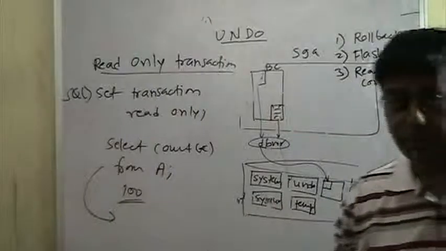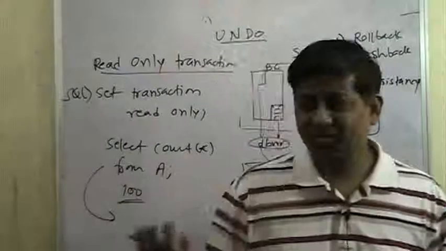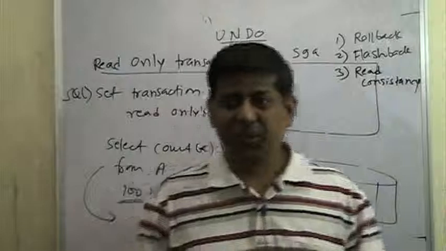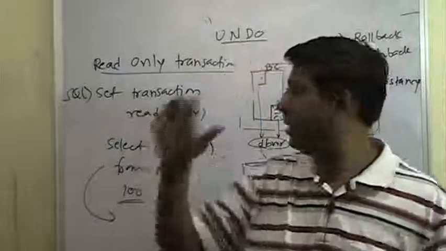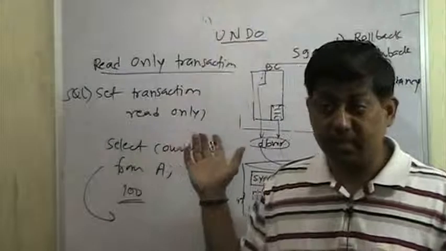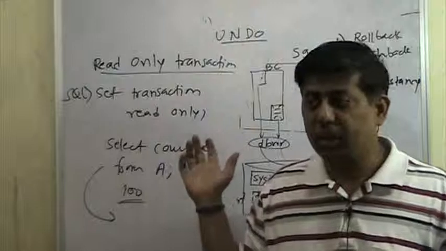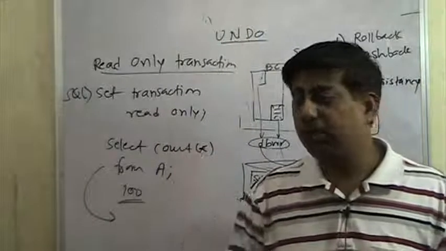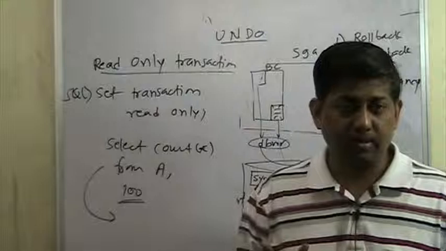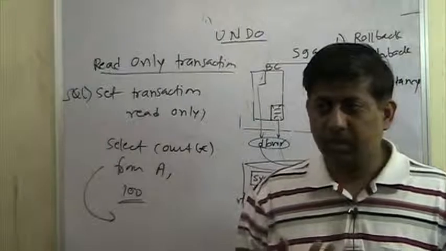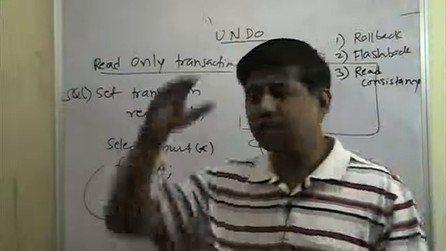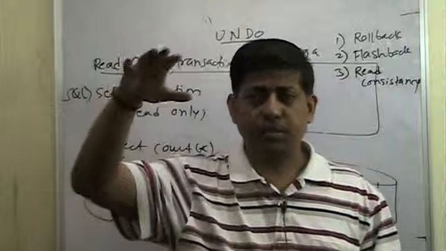When does the transaction finish usually? If I start a transaction with this command or any other command, when does it finish? It will not finish until and unless we type either the commit or the rollback command. And how does the transaction start? I say an insert statement. The transaction starts because it has changed something.